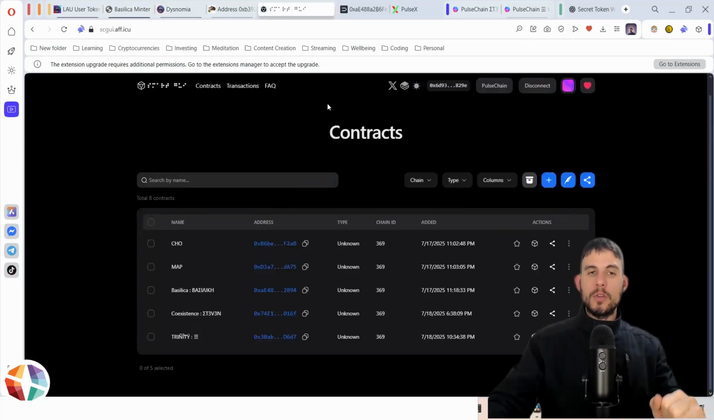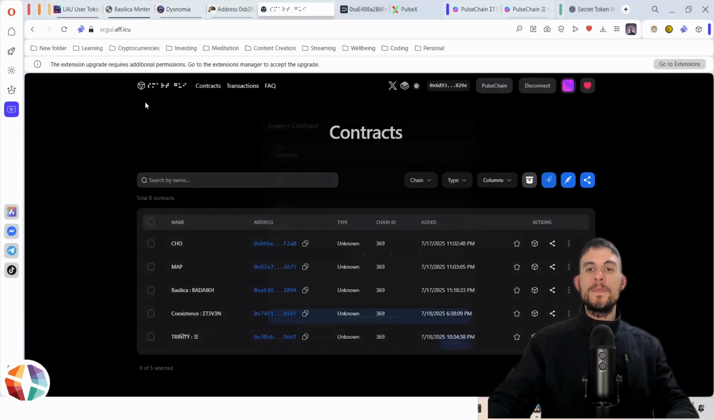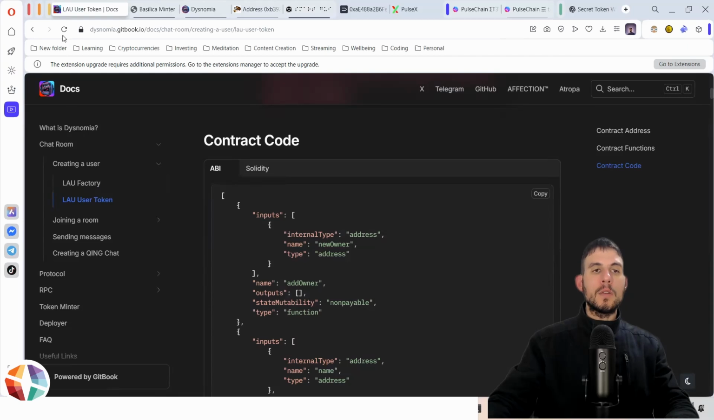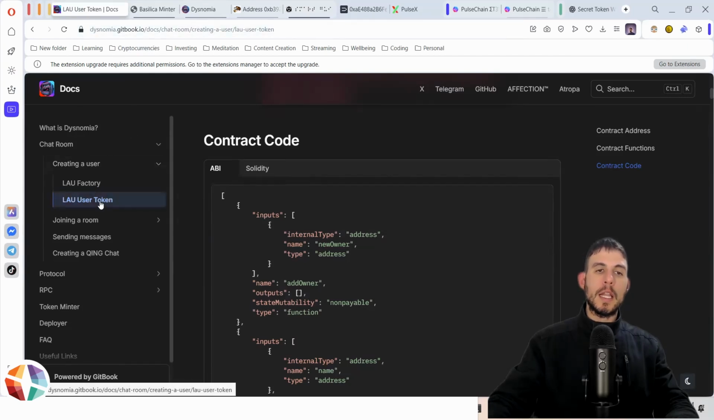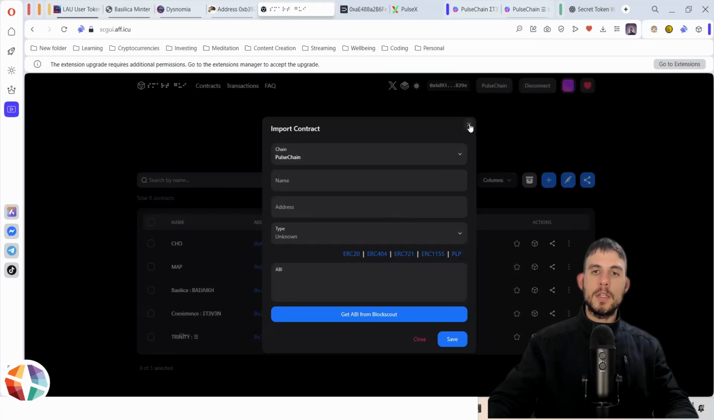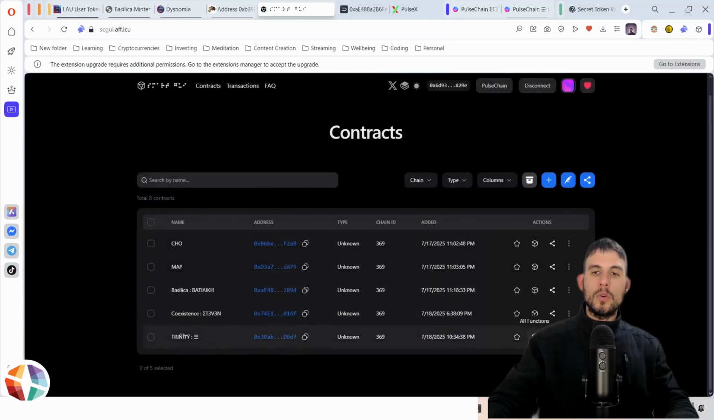Now, to withdraw the tokens, you would basically add them. So this is very simple. You get your address, the name, and then on the Dysnomia GitBook, you would go to creating user, and then under the LAU user, you scroll down and you copy the ABI, you paste it into here. And then to withdraw,